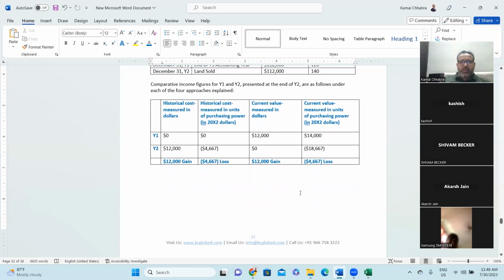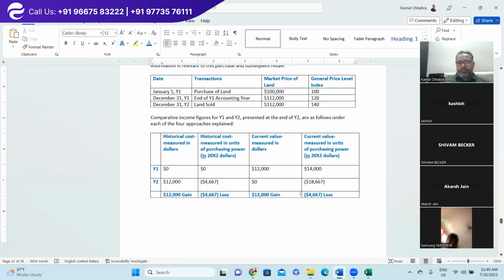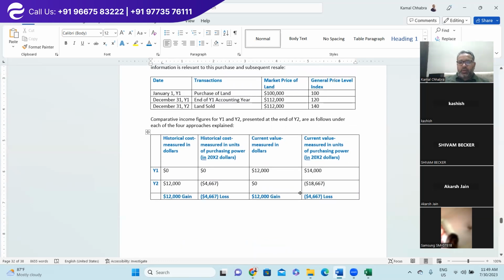First is your historical cost measure in dollars. So in year 1, the income was 0, right? In historical cost method, you might not be showing any income. But in current value measurement, it has increased from $100,000 to $112,000. Yes, sir. Right? So here is an income of $12,000, right? And current value measure in units of purchasing price. That means you will be considering the impact of this $20